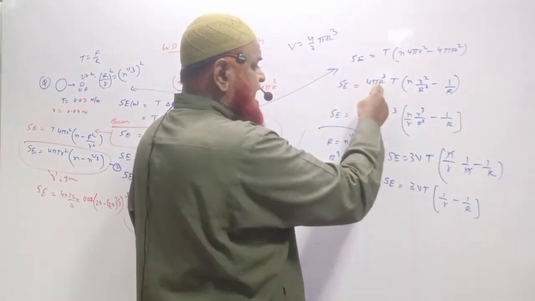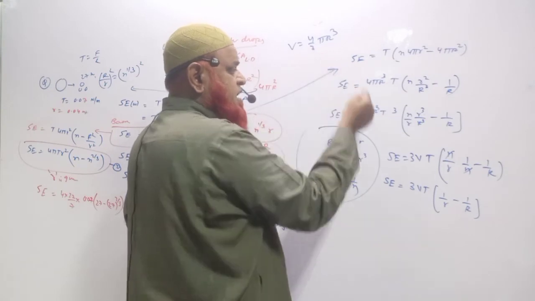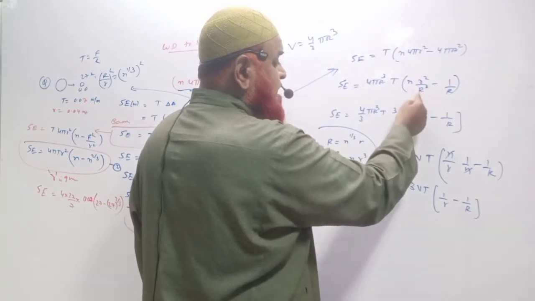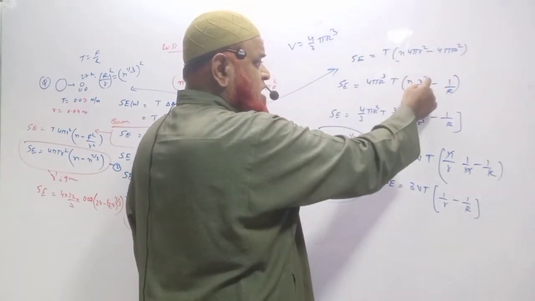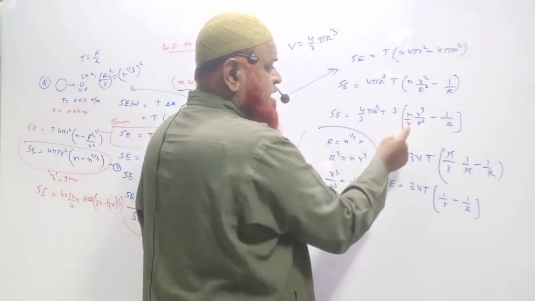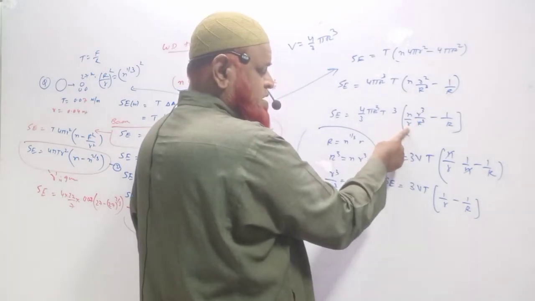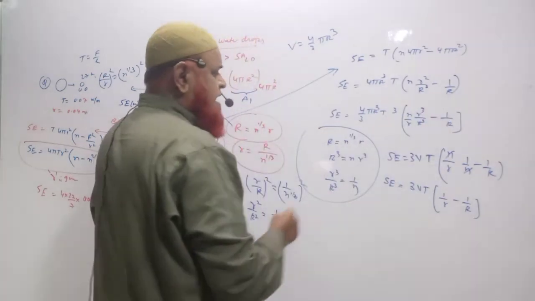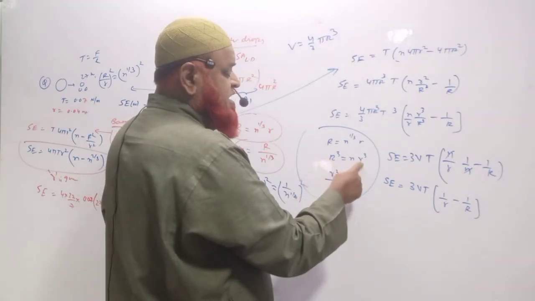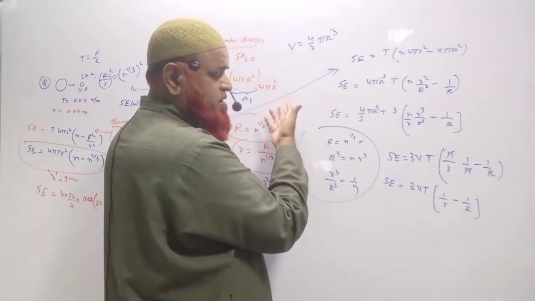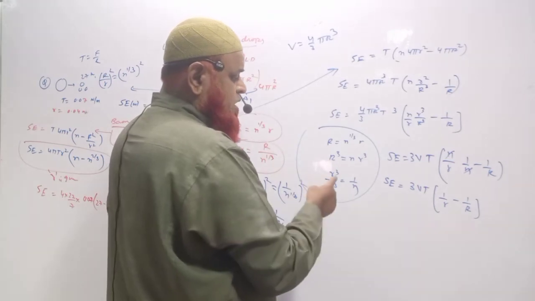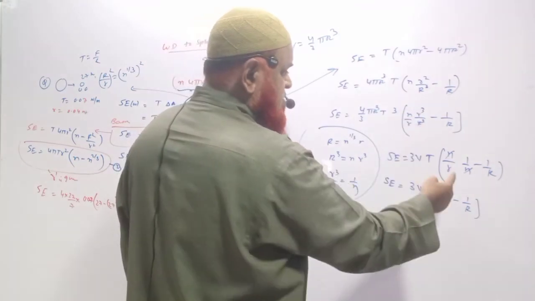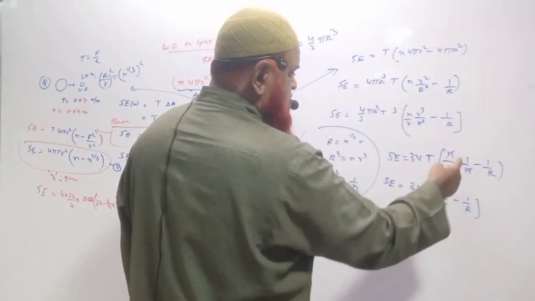Now R cube is there. I have to create 4 by 3 because the volume formula is 4 by 3. I will create 4 by 3 multiplied with 1 by 3. And also here R square is present but capital R cube is needed. I have to give R cube, so one more R you have to multiply here. To create R cube I have to divide with small r here also. So small r cube by capital R cube minus 1 by R is as it is. And you all know that capital R cube is equal to n times small r cube, as we explained in the previous concept. So small r cube by capital R cube is 1 by n. So here you can create 1 by n. N gets cancelled, 1 by r is left.